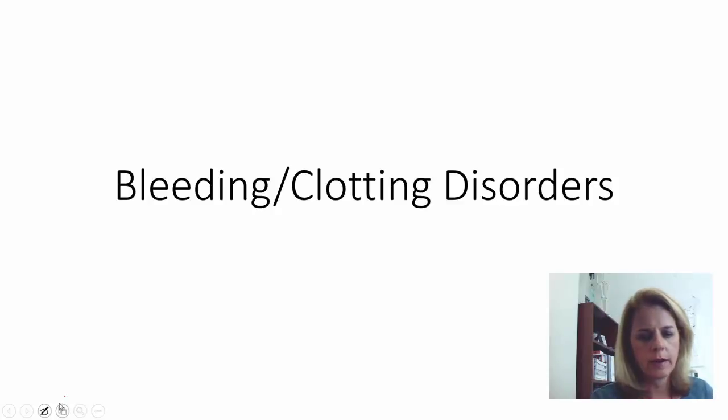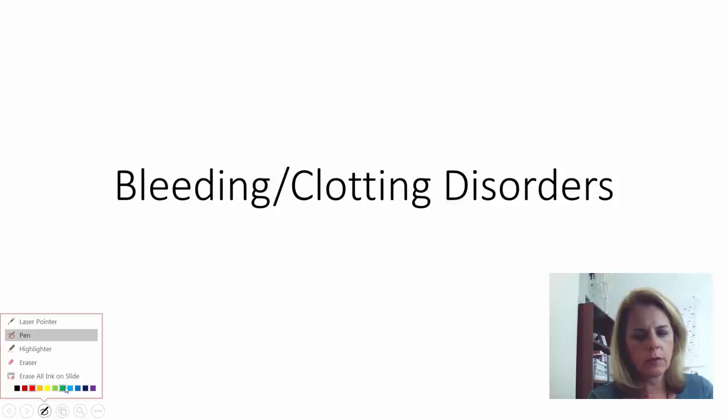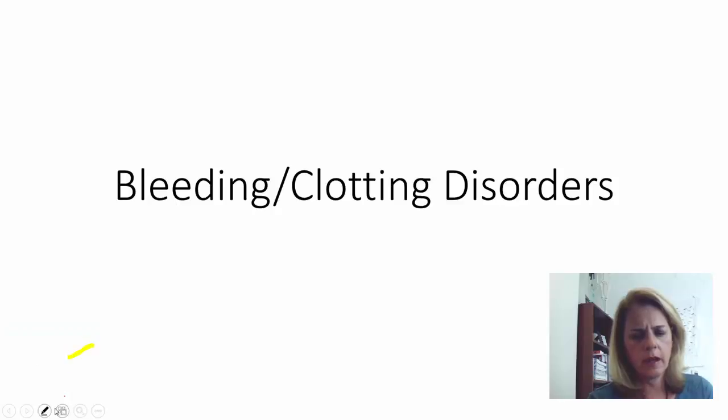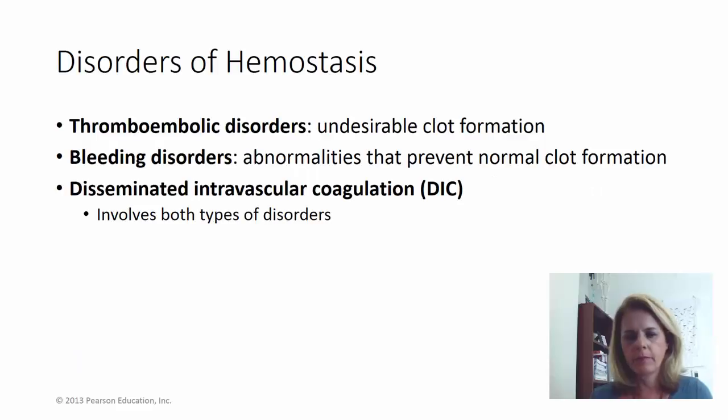So we've learned about the different types of blood cells. We've talked about how blood clots. We've talked about blood typing. And so hopefully we're going to talk about now what happens if you have a bad reaction or something's going wrong and causing your blood to bleed maybe uncontrollably or to clot in an unnatural or abnormal way.